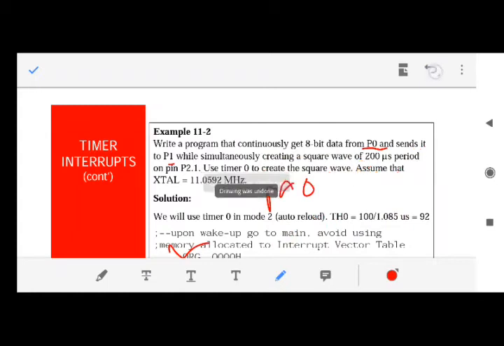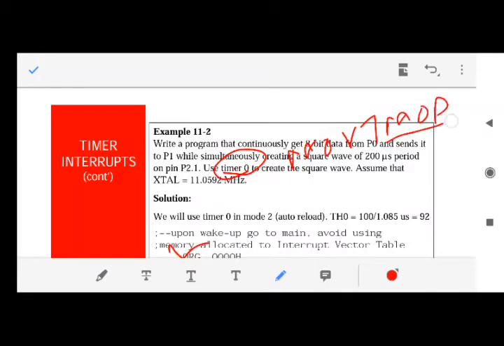Fine. And since you are using timer 0, you have to move the mode register data, that is, in which mode the timer should start. We can either use mode 1 or mode 2. If it is 8-bit counting, then we can use mode 2, and if it is more than 8-bit, we can use mode 1. Apart from this, a square wave generation is a continuous counting, so we have to use mode 2 here, and accordingly you move the value to the T mode register.